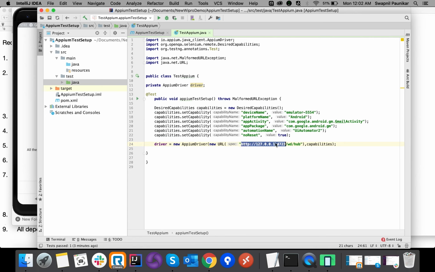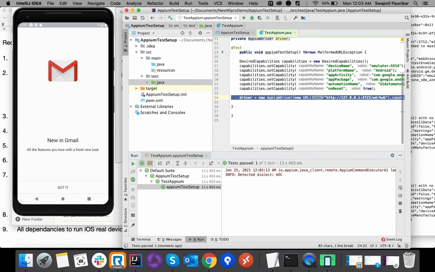First the APM setup has installed, and then the test has passed. Gmail has been opened, that's what we have written. Based on it we can conclude that whatever setup we have done is working.